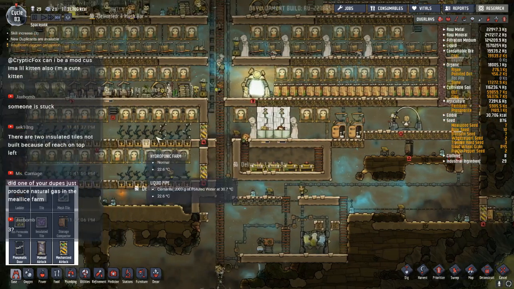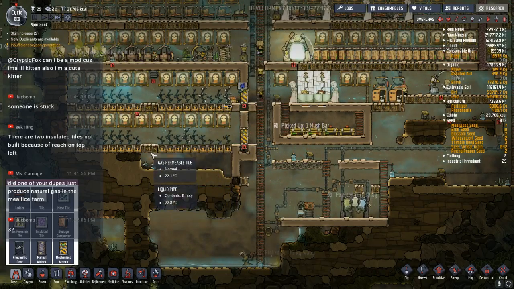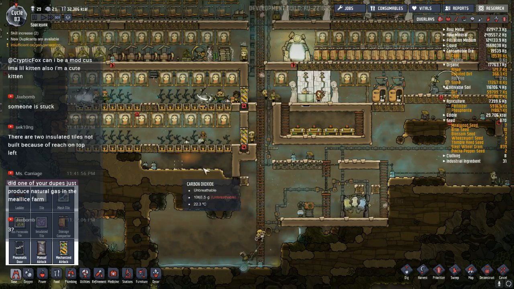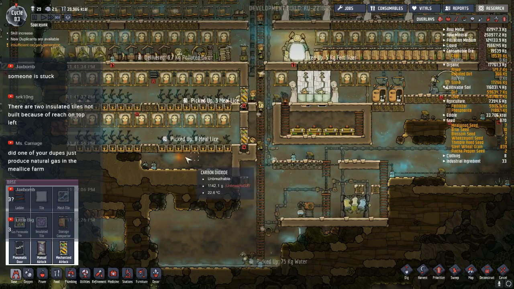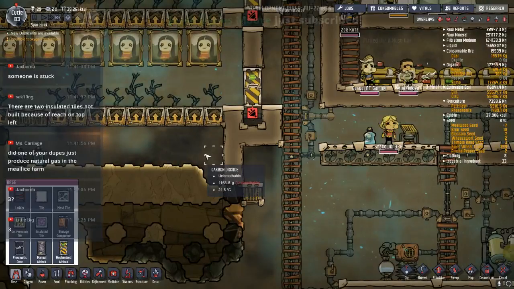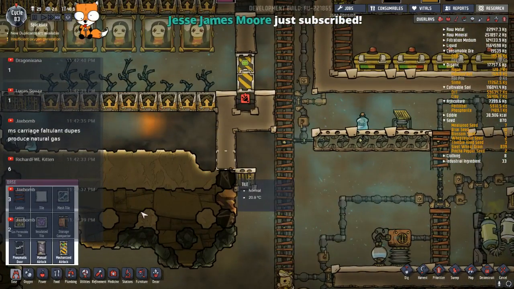Did one of your dudes produce meal ice? Yeah, he probably did. I have a duplicant that has flatulence, and unfortunately, when they break wind, it produces these little pockets of natural gas that float everywhere. I built this little section in the bottom to contain the gases. And I should switch this out to a door so I can let the carbon dioxide out into the lower area so that it can be scrubbed. Because the way it is right now...